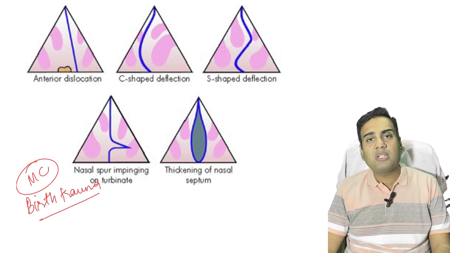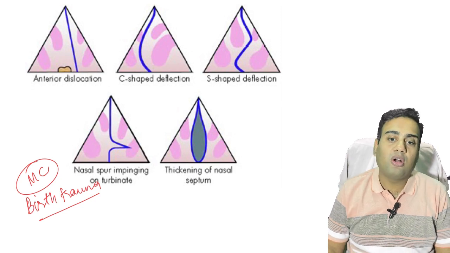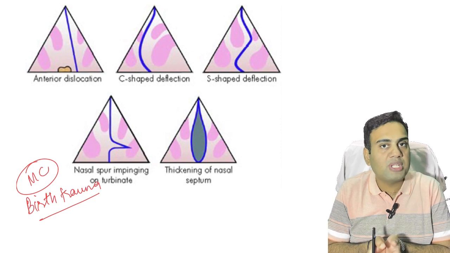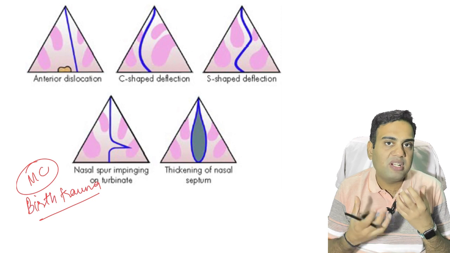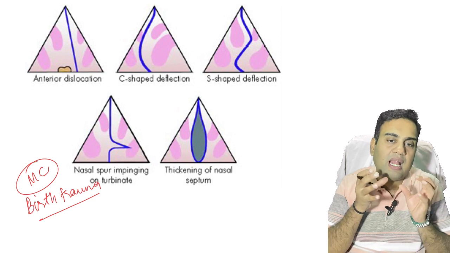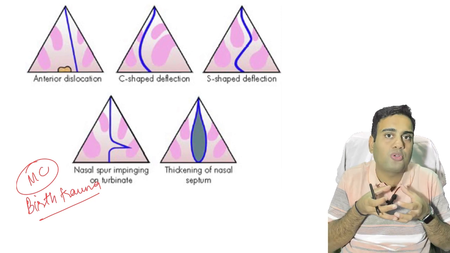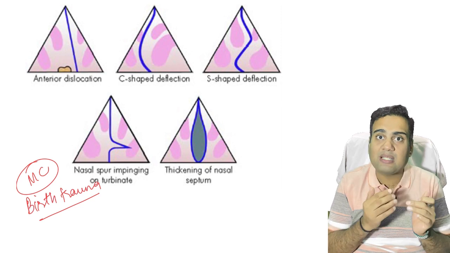Birth trauma means injuries that are happening during the time of birth. This can be because of instrumentation. If an instrument is used during the birth, it can put pressure on the nose. Or if there is cephalopelvic disproportion, then the space is not enough, and when you are trying to pull the baby out of the pelvis, at that time the nose gets pressed and because of that